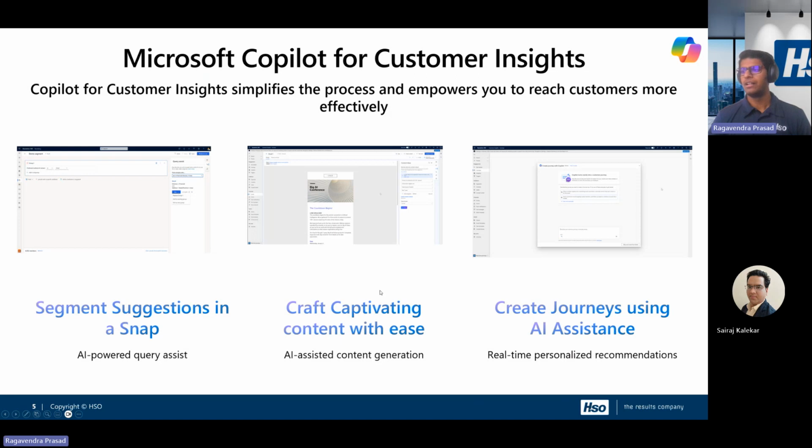Craft captivating content with ease. So Copilot in Dynamics 365 marketing capability, content ideas, harnesses the next generation artificial intelligence to offer unparalleled assistance to marketers in their content creation efforts. Content ideas uses AI to generate content, allowing marketers to save time while still providing engaging and relevant emails for